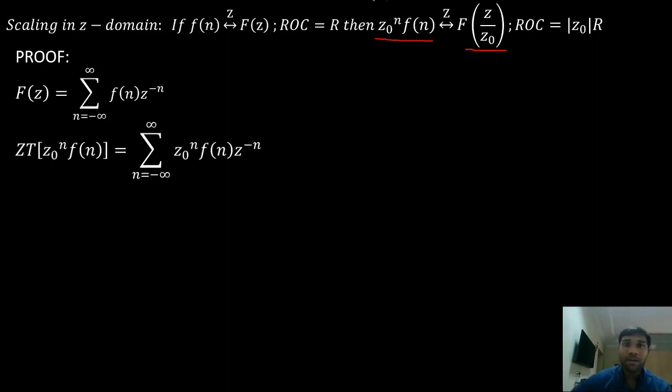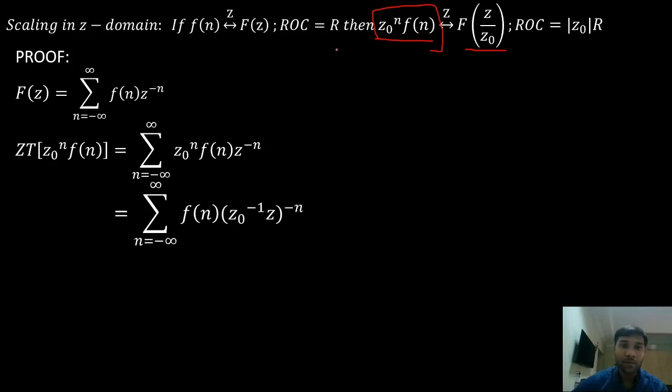Now, I'll find the z transform of z naught power n into f of n. So what is it equal to? It is equal to the summation from minus infinity to infinity of z naught to the power n, f of n, into z to the power minus n. Now I'll combine these two terms, z naught and z. So what happens? We get z naught inverse into z, to the power of minus n. So this is in the form of